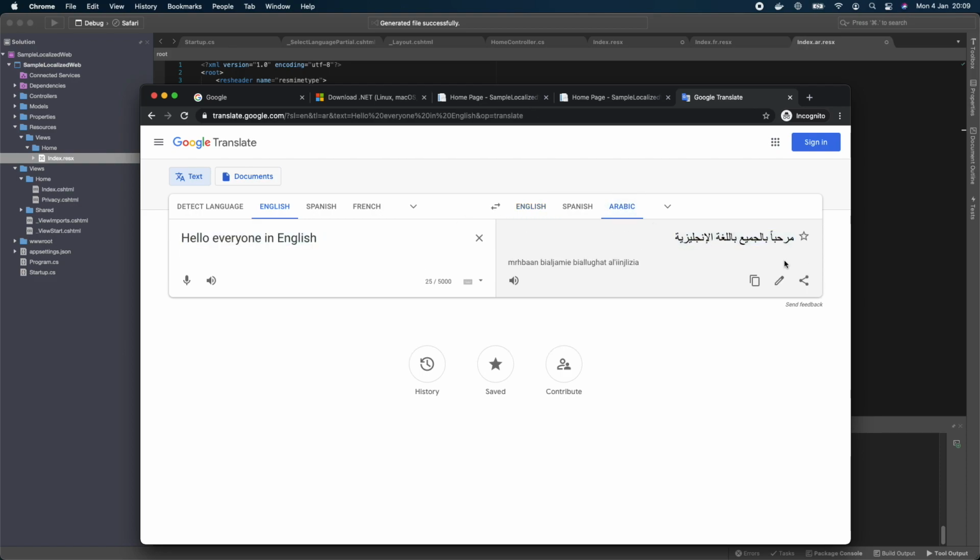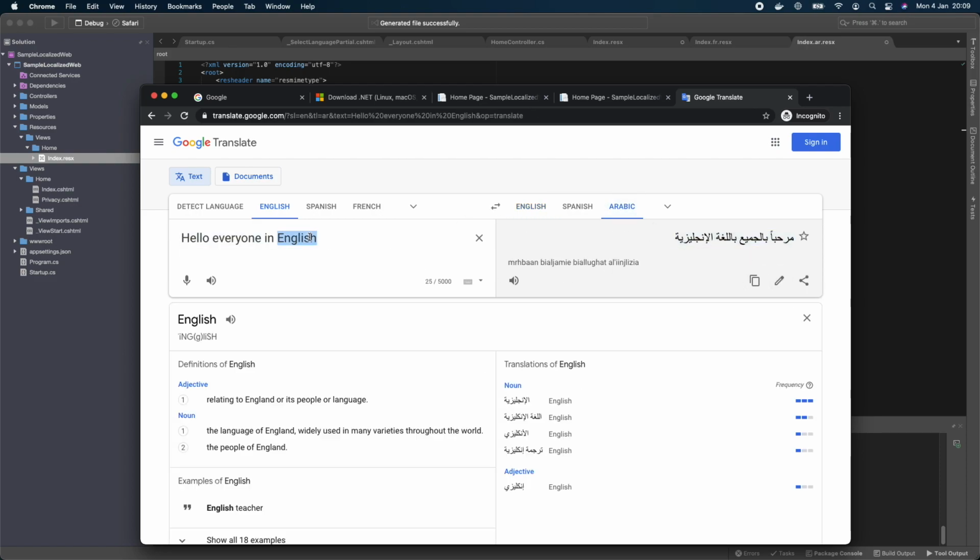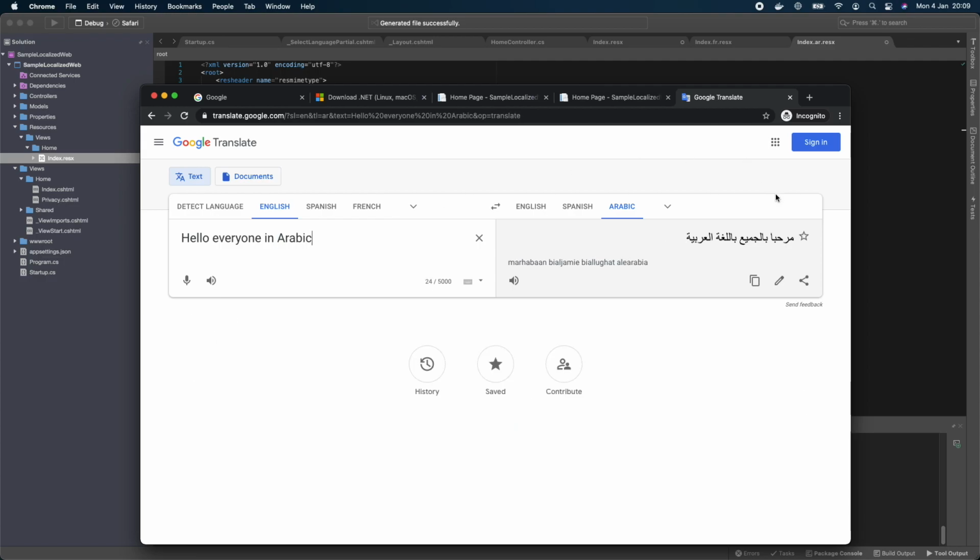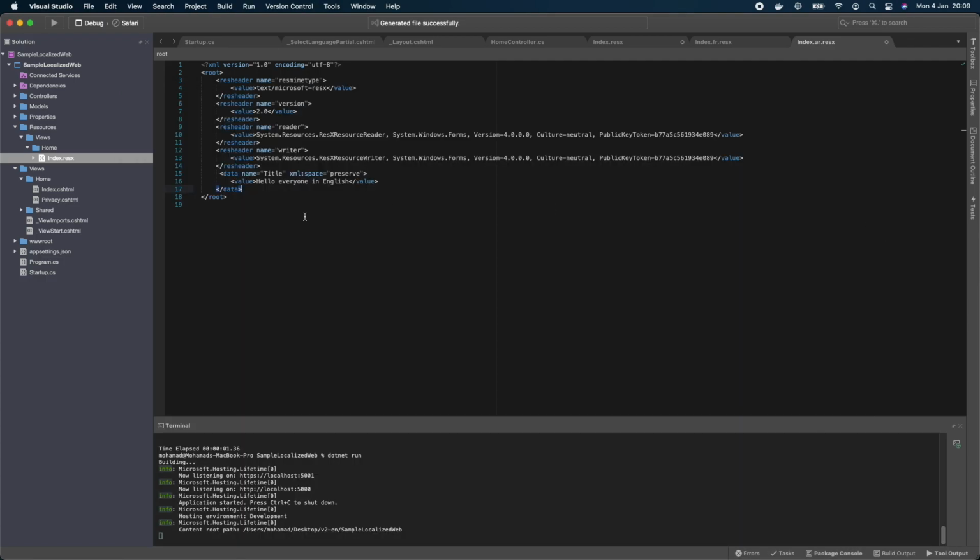And in Arabic, put here Arabic. Copy this and we'll just add it here. As simple as that. Great. So once we have these ready, the three of them, now we need to actually implement the localization inside